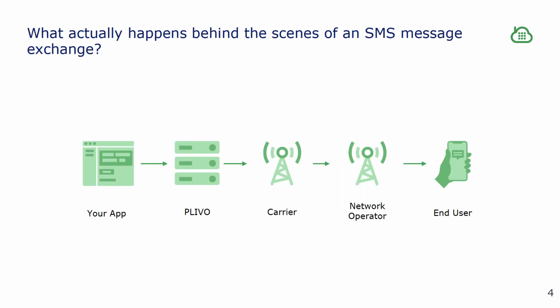There are actually several different hops that these messages go through. The first step is obviously you send your message to Plivo. Plivo then forwards your message on to a carrier. Now, what's a carrier? A carrier is a nationwide network that ties all the different cell phone network operators together. When you send a message to somebody's phone number, the carrier knows which network operator that phone number belongs to and is able to route the message to the correct network operator. It's forwarded onto the network operator, and eventually the end user gets the message.